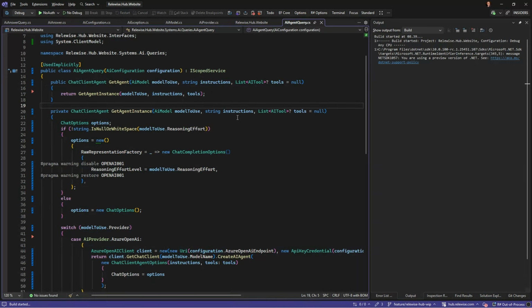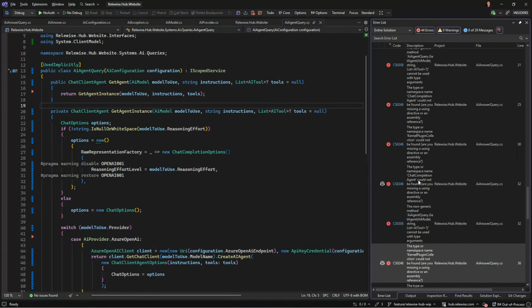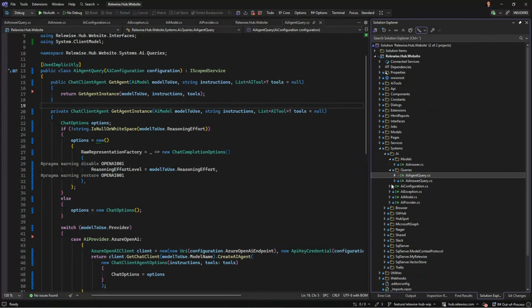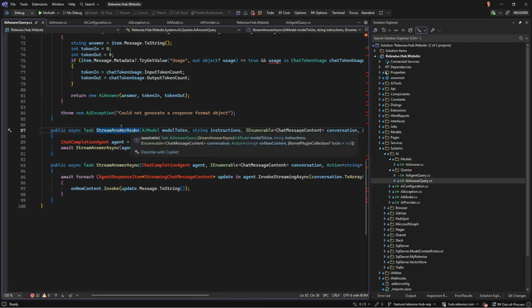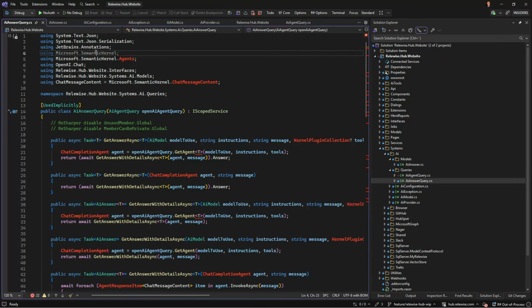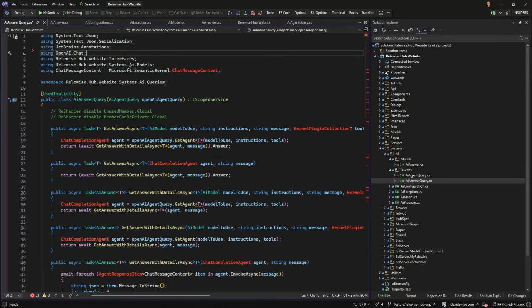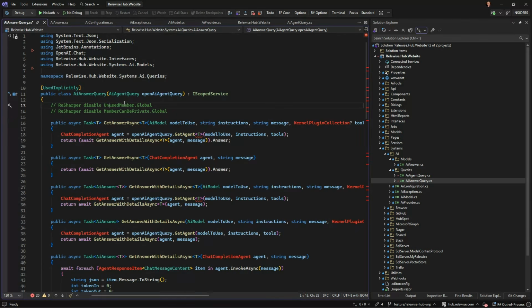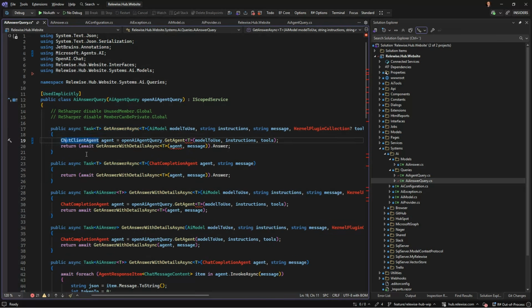So I guess that is done, and let's jump over to the query, which actually calls the LLM. And get rid of that one. So what do we have here? We have a get answer, and now we are getting another type of agent, which is a chat client agent.